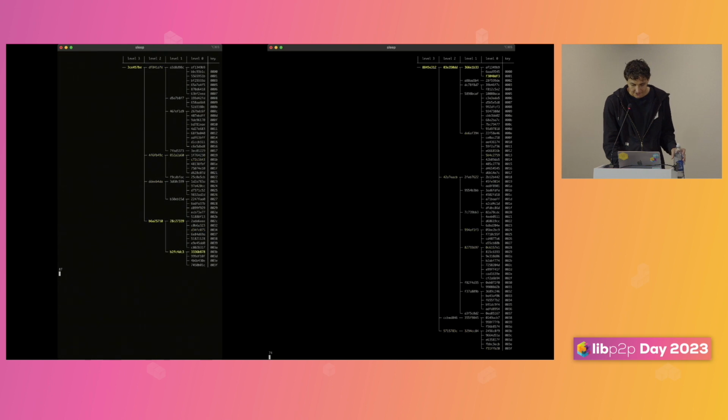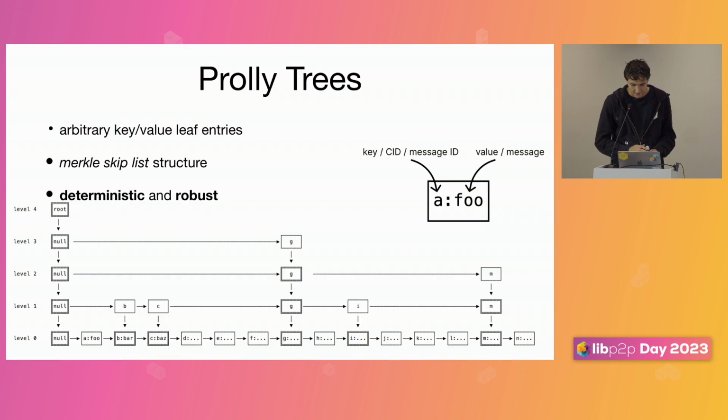How this actually works, I'll go back a slide here. In case you're wondering, the way that you derive this deterministic but robust tree structure is with essentially a rolling hash. We don't even need a rolling hash in this case since we have these discrete nodes. So you just have this rule: I'm going to look at the hash of every node, and if it's less than a certain threshold, then that becomes the first child of a new parent. And if it's not less than that threshold, then it becomes a sibling of the previous parent.